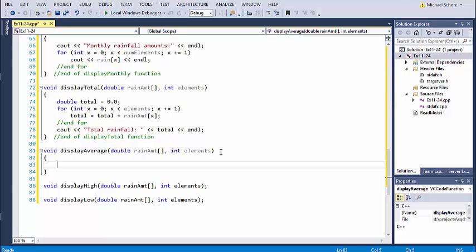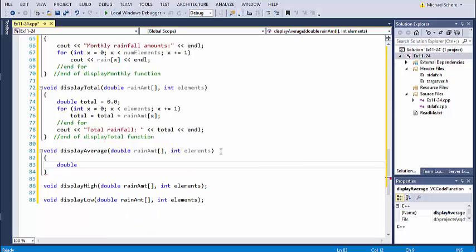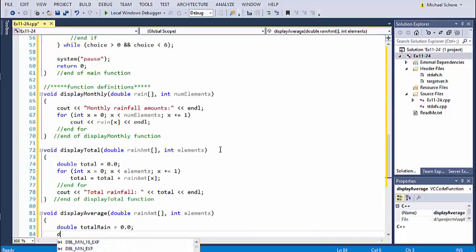So right off the top, we need 2 variables, double total rain, and we always want to initialize. And then we also need a double average,